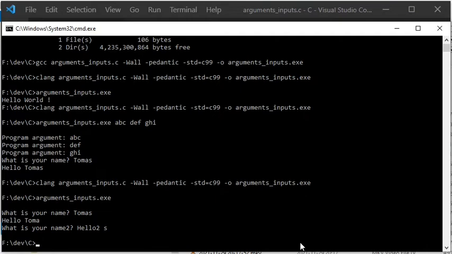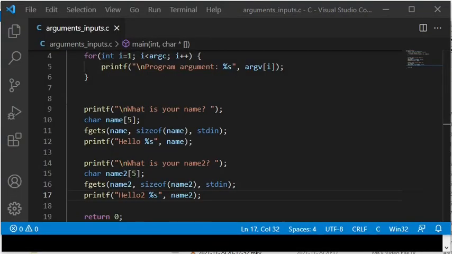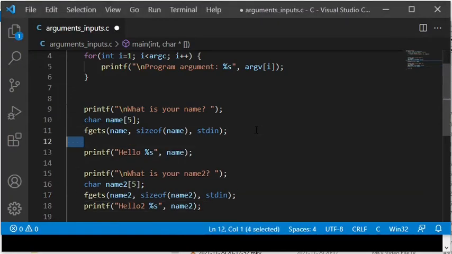However, it is not desirable, at least not in this case, that the remaining characters, which could not fit into the array, will be kept in the input buffer to automatically populate another array when you try to read again from the standard input. To avoid this behavior, we can keep reading from the buffer until it is empty, and then call fgets again to enter new input. I have prepared some code which will fix this problem and will now paste it into the code after the reading of the first variable.